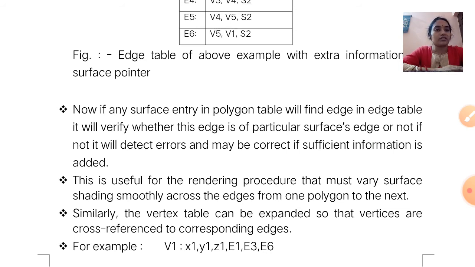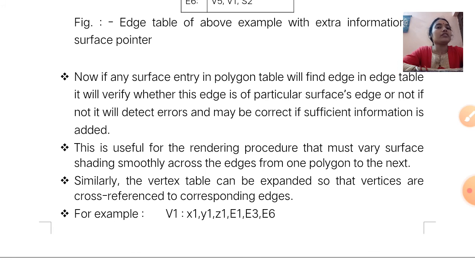It will check the edge table and verify that if it is correct, then no error is detected. If it is not correct, then the error is detected, and to rectify the error sufficient information is added. This is useful for rendering procedures that must vary surface shading smoothly across the edges from one polygon to the next.